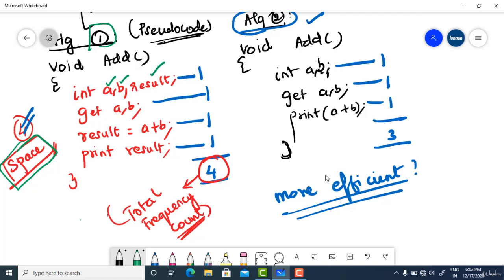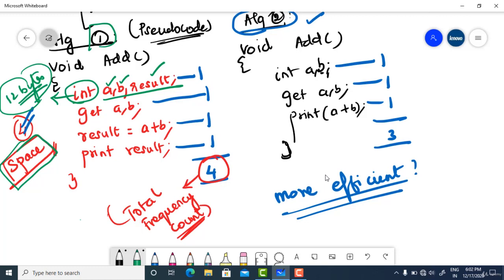If you closely look into that, each variable will take 4 bytes of memory. If you talk about integer, you know that it will take 4 bytes of memory. So those 3 variables will take 12 bytes of memory, right? This algorithm has 3 variables, and they contribute to 12 bytes.